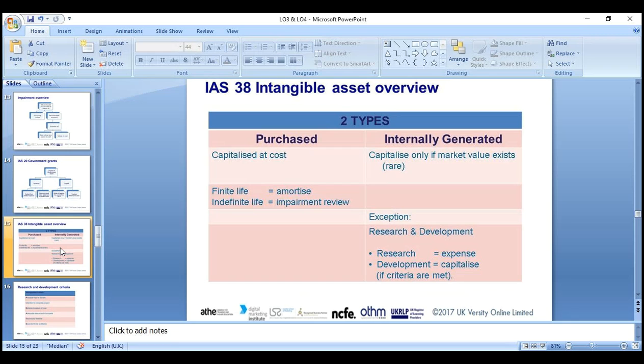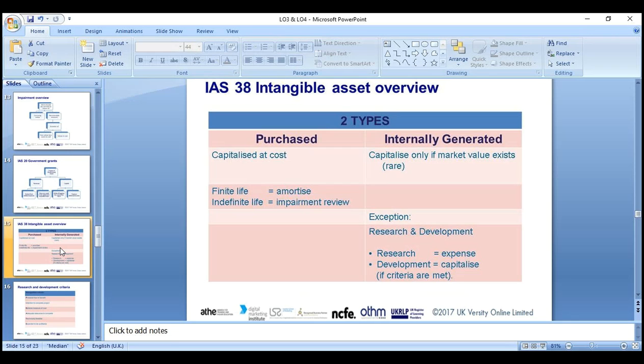Internally generated goodwill is very difficult, because the asset definition is anything which will give us future economic benefit, which we own. So if we internally generate an asset, how will we measure that it will give us future economic benefit? It's quite difficult to decide how much future economic benefit we can get through this asset. So if we can measure reliably, then we can include internally generated goodwill.